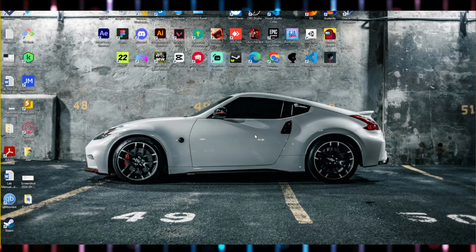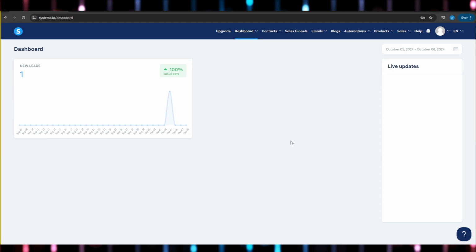affiliate program on Systeme.io. So first you guys need to understand that Systeme.io has a built-in affiliate program, which means anyone who opts into your list becomes an affiliate automatically. And after that they will be able to promote your products. They'll get their own affiliate ID, but first they need to provide an email and they need to be on